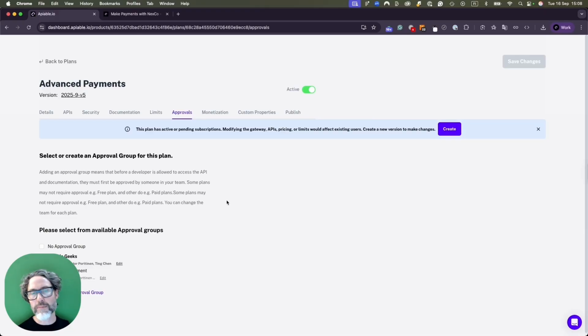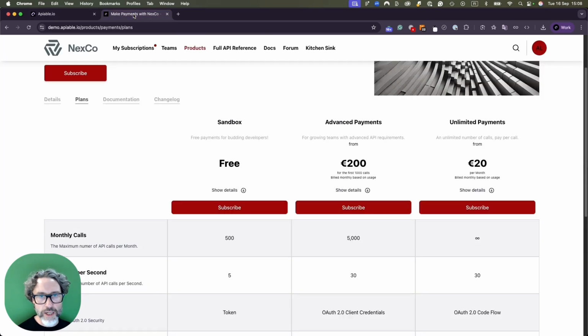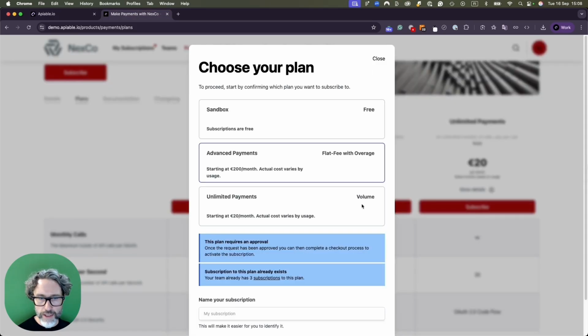It's important that's on a plan because Sandbox, for example, you might not want an approval group. You might only want it for a particular plan. So here I have an approval group already set up for this API. Let's go ahead and subscribe to this advanced payments. I click subscribe. It's going to go ahead and give it a name,